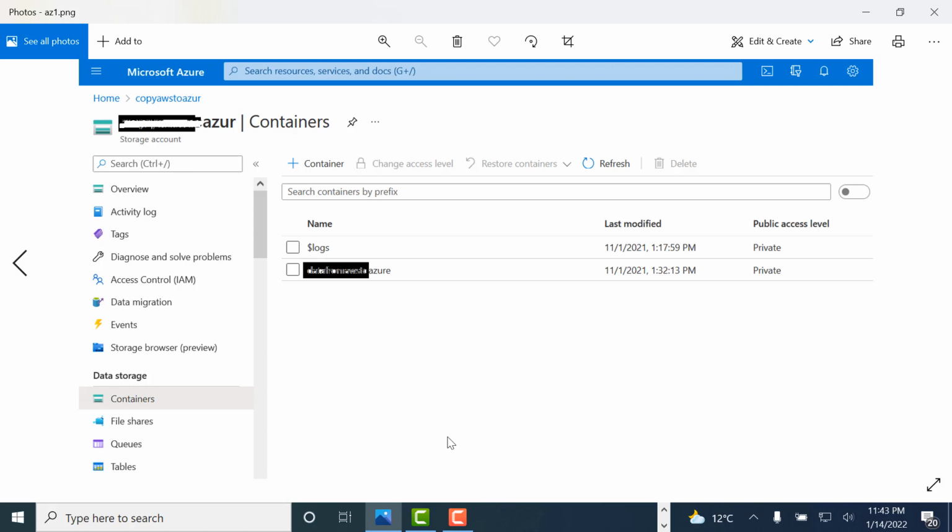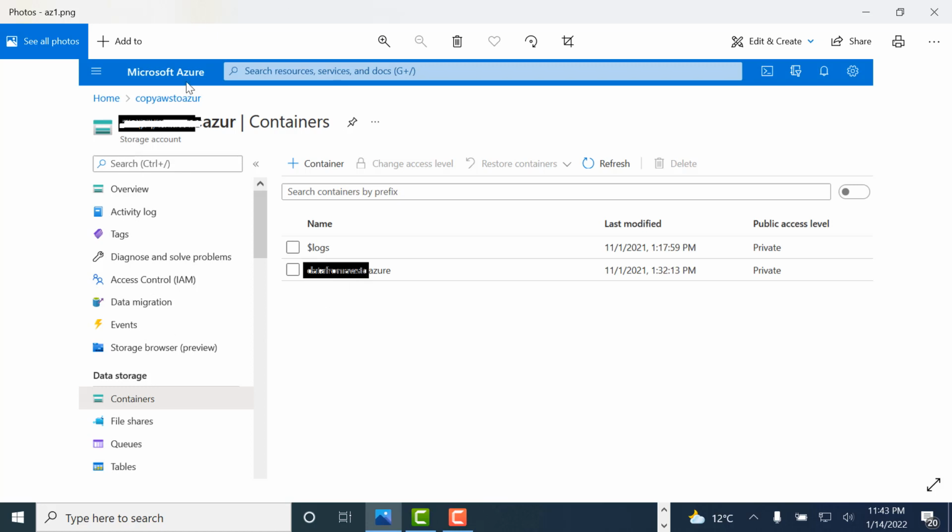Once you get into that storage account, you will see a screen like this. If you don't have any container, you will need to create a container from here and name it whatever you want. This will be the exact location where our data will get copied.